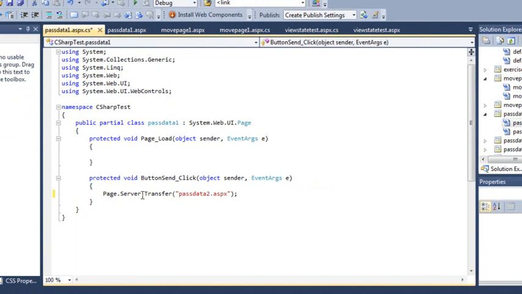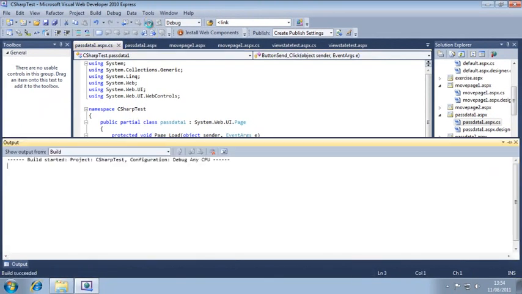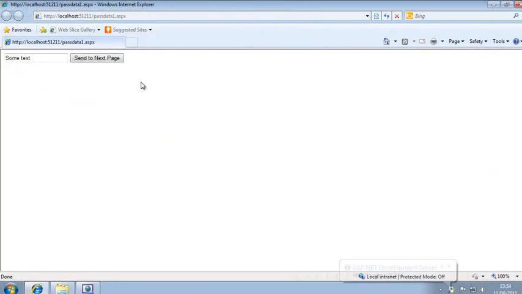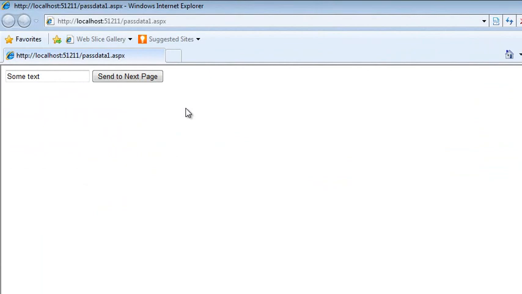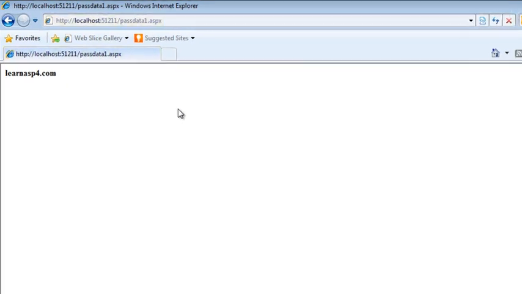View the page in your browser. Change the text in the text box if you wish, and then click Send to Next Page. As you can see, passdata2.aspx has picked up the data and displayed it, but because you used server.transfer, you still appear to be on passdata1.aspx. Close your browser